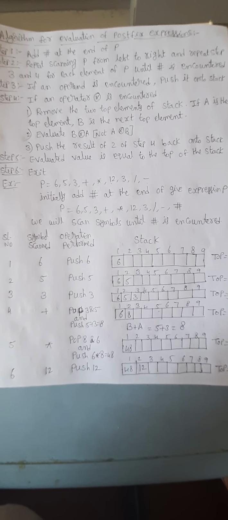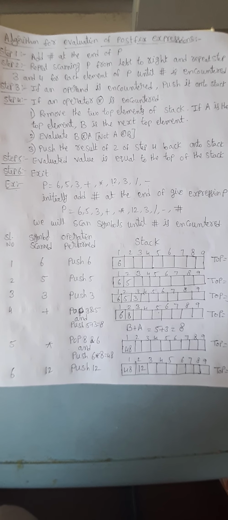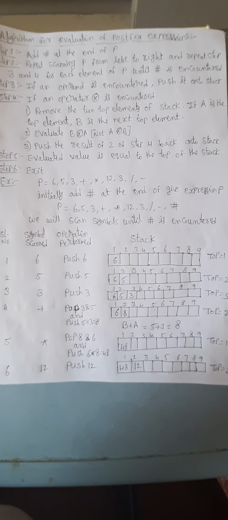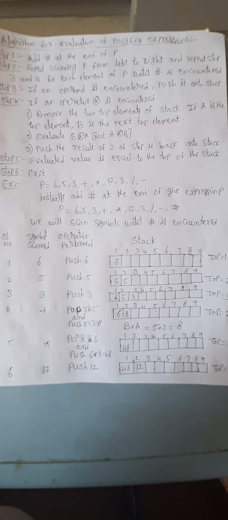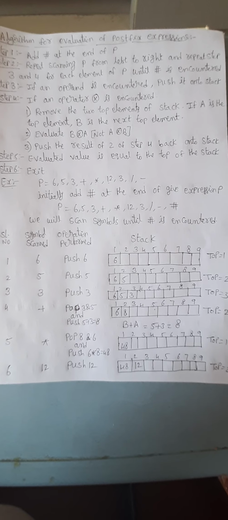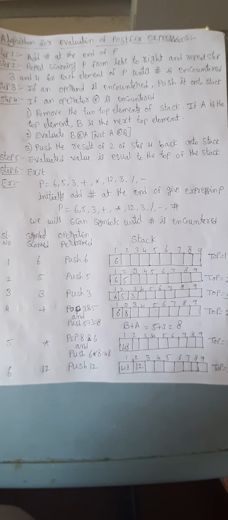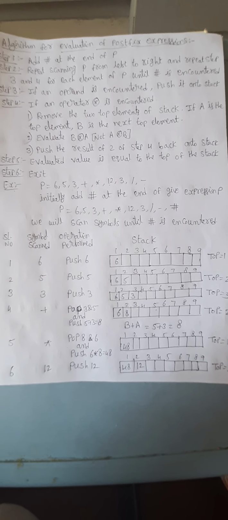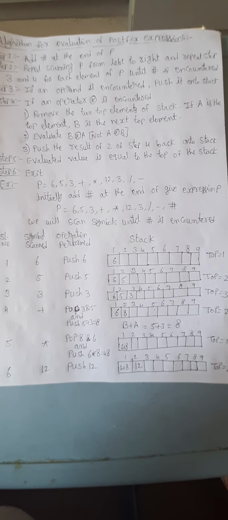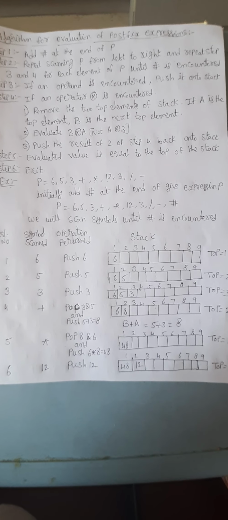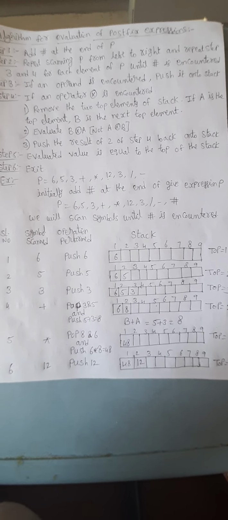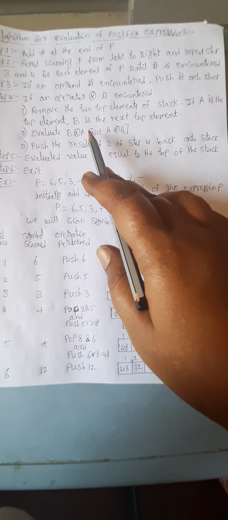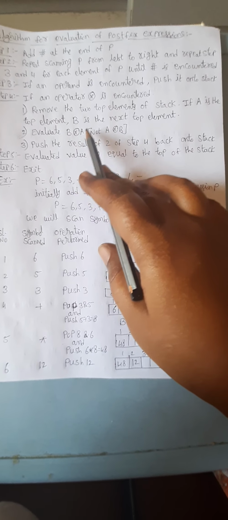That is, we can take it as A and B. And we have to evaluate B operator A, but not A operator B. Why? Because here the stack follows the LIFO method, or FILO method. So whenever we are pushing the elements into the stack, how will they be placed? It means A will be placed at the beginning and then B will be placed. So we have to evaluate B operator A, but it should not be